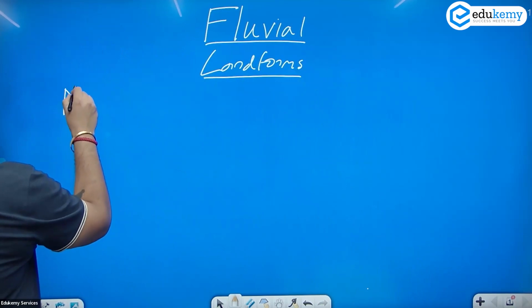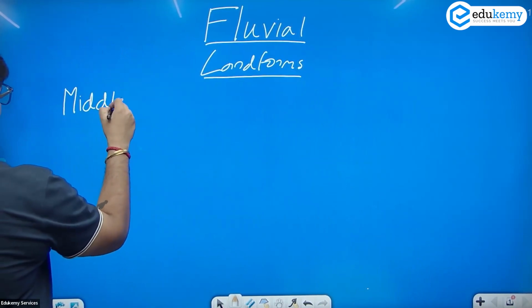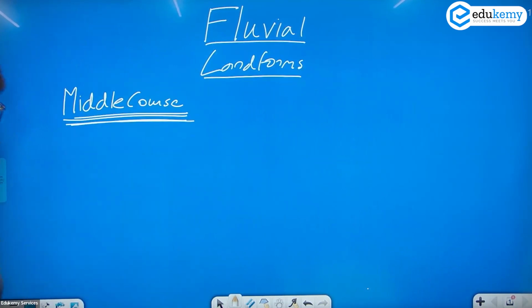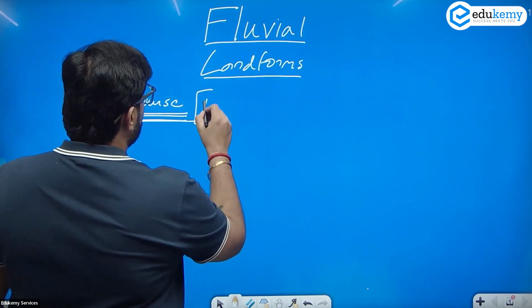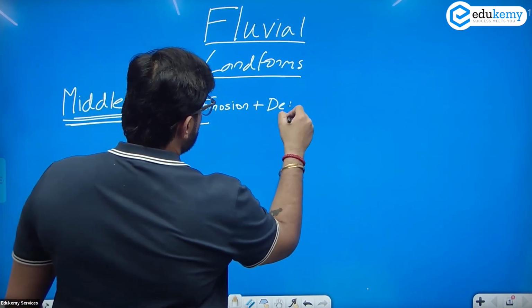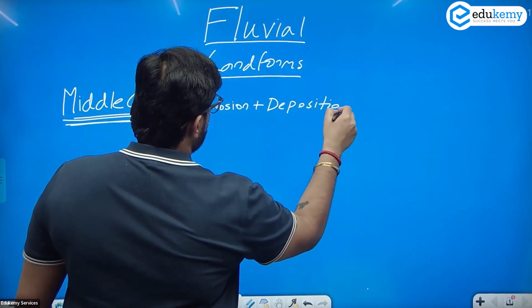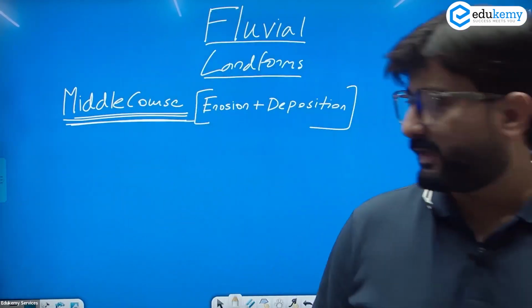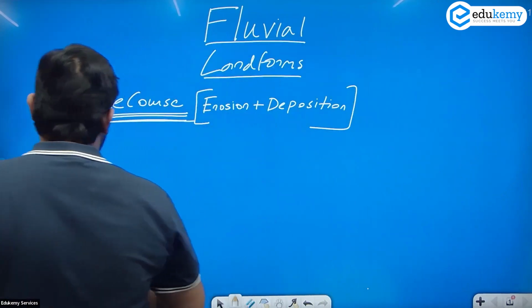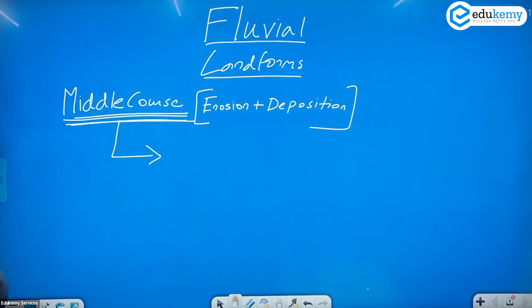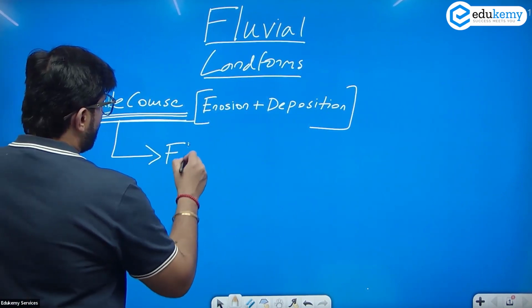Now we need to discuss the landforms in the middle course of the river. Now guys, when we talk about the middle course of the river, the river shows both erosion as well as deposition. So we have both erosion as well as deposition in the middle course of the river. Now, in the middle course, our most important landform that we have is known as